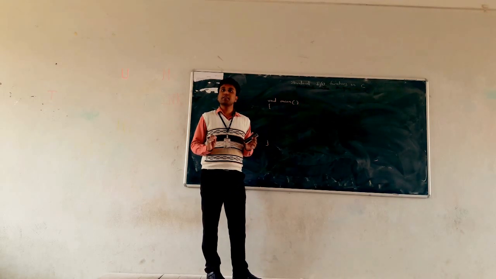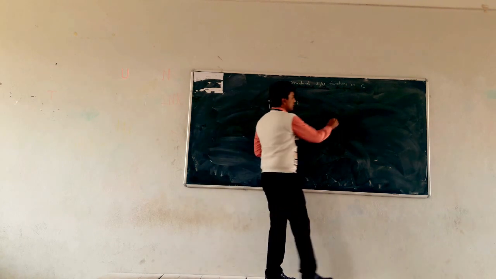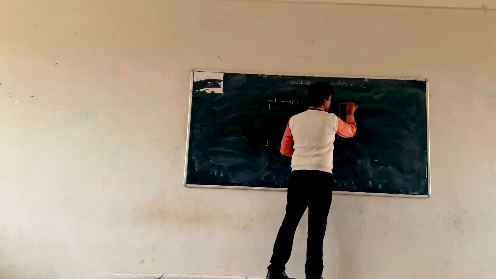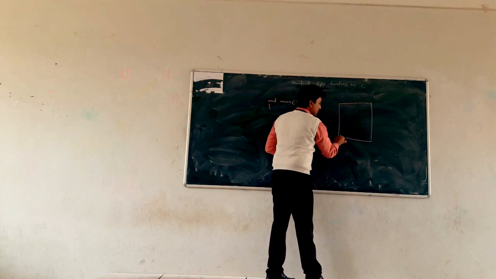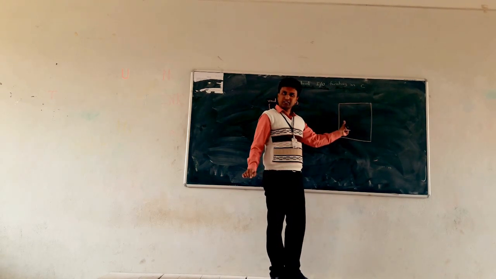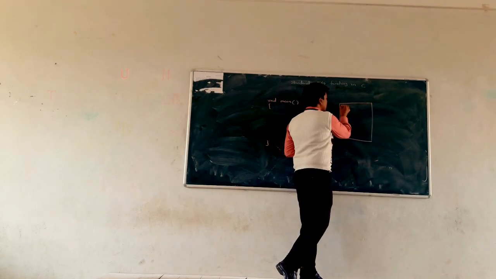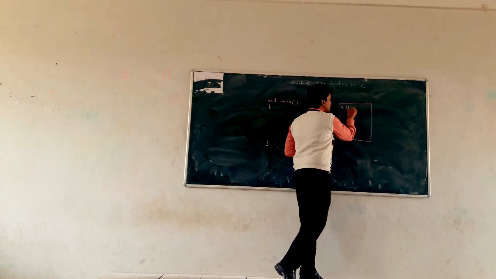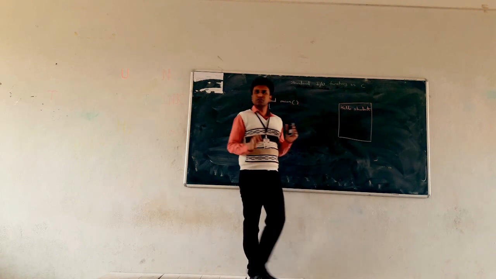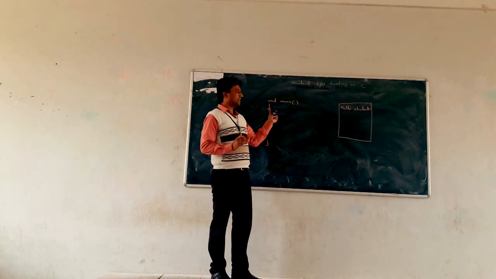In that curly bracket, we can write our code. What is the expected output on the console? This is the output screen on which the output gets displayed, that is called the console. What we want is "hello student". This message is displayed on the console. For that purpose, we can write the program.